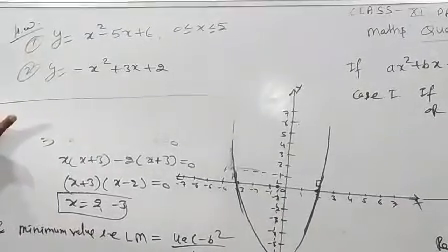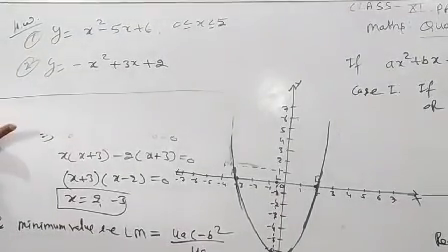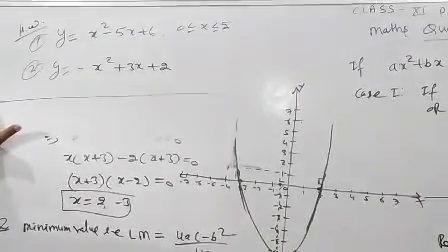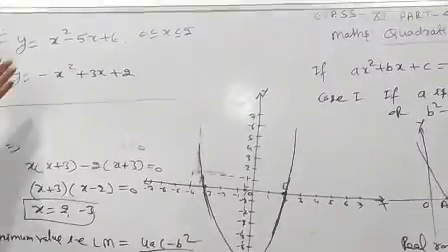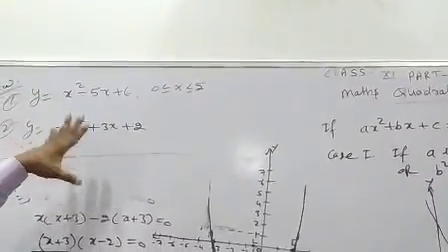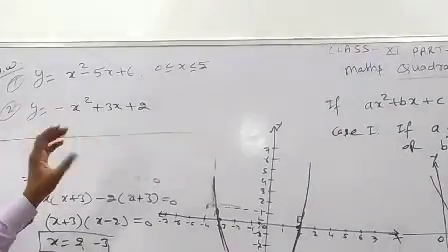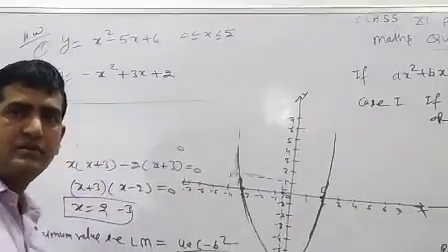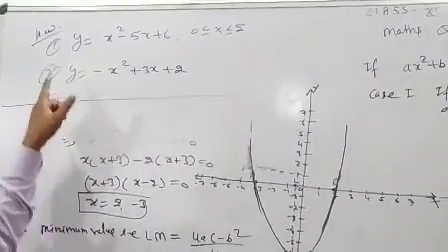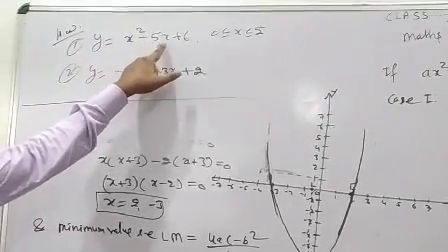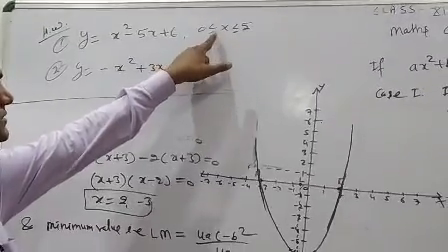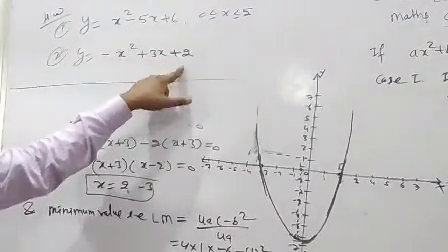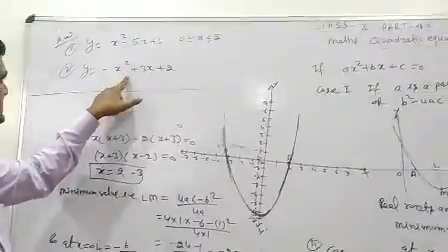Homework is very, very important. As you know, after completing the questions at last, I was giving so many questions, and here I am also giving so many questions. Means question number 1 and question number 2. Because in this you have to know the rule, how we can draw the quadratic diagram. Then y is equal to x square minus 5x plus 6, 0 is less than or equal to x is less than or equal to 5, and y is equal to minus x square plus 3x plus 2. This is question number 1 and this is question number 2.